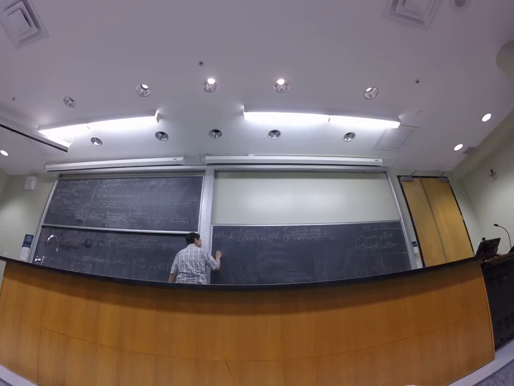B is 0.314, and that's times. C31 was 0.5. And the last one is